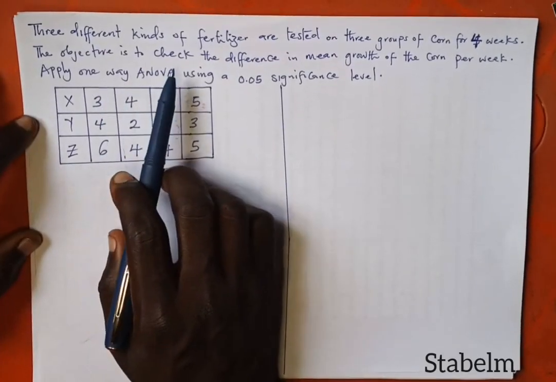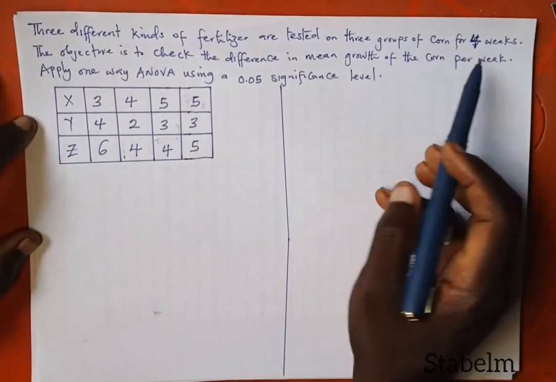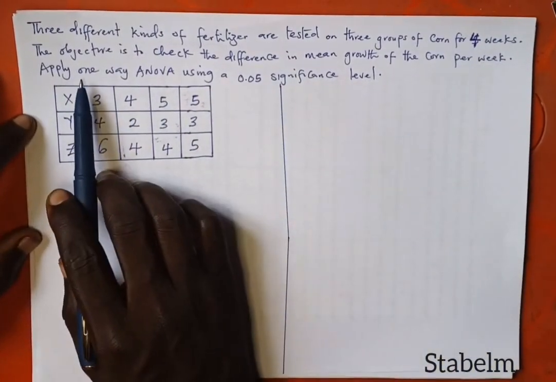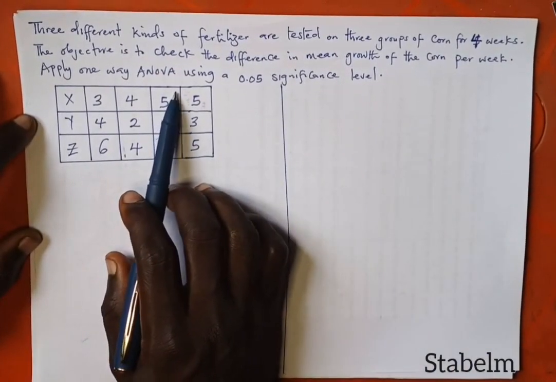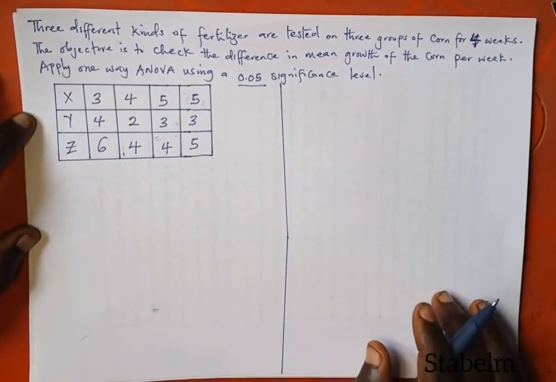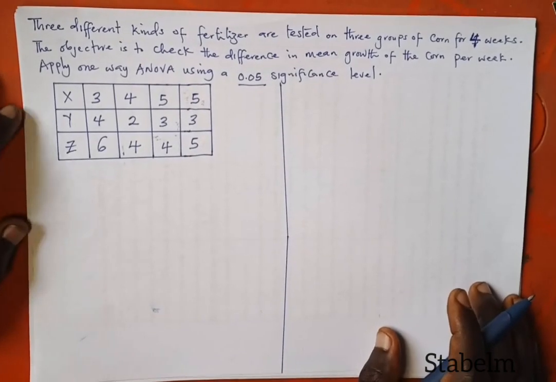So, three different kinds of fertilizer tested on 3 groups of corn for 4 weeks. This is 4, sorry about that. The objective is to check the difference in mean growth of the corn per week. Apply one way ANOVA using a 0.05 significance level. So now,